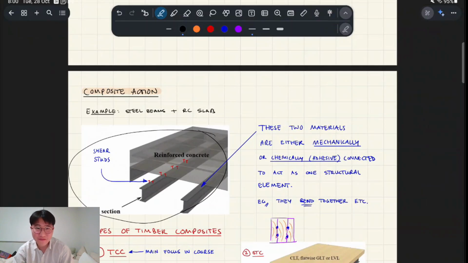You use steel beams and reinforced concrete, and you cast them together. You need something to connect the layers together. So we have something called shear studs, which sounds really complex, but these shear studs are basically just